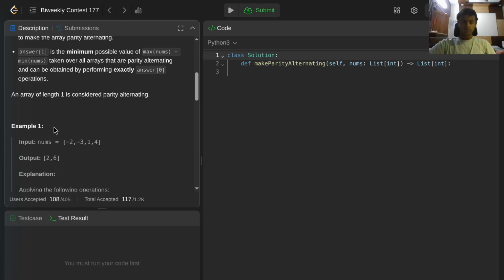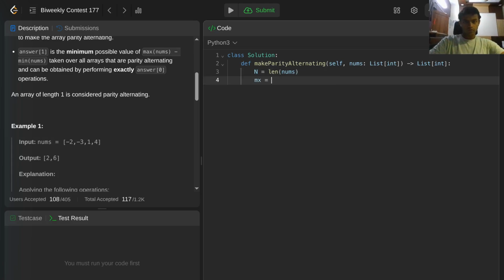Okay, so what we can do is we have two possible alternatives. So first one can be even or first one can be odd. Now let's take the maximum. Num is equal to maximum of nums. Okay, so one possible way to do it is